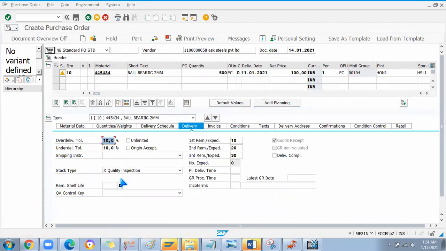Before it was unrestricted use, right, by default. Okay, this is a change. If anyone asks in the interview how this stock type will be changed or selected, don't tell them that I will come and manually do this. No, once you maintain the inspection type with 01 for goods receipt in the material master, whichever PO you raise for that material, definitely quality inspection will come into the picture.